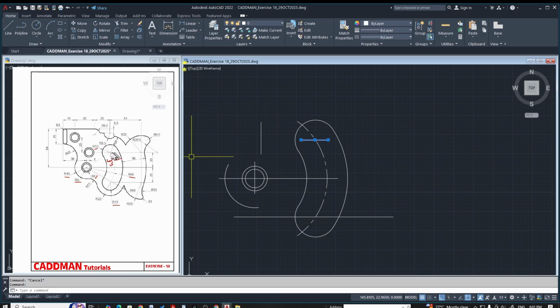So the line which is intersecting to this, I'll try to extend this line in order to get the center of these circles. Here similarly, as the dimensions are not given for this circle and this circle, the same dimensions have to be taken as R6 and R8 for these two